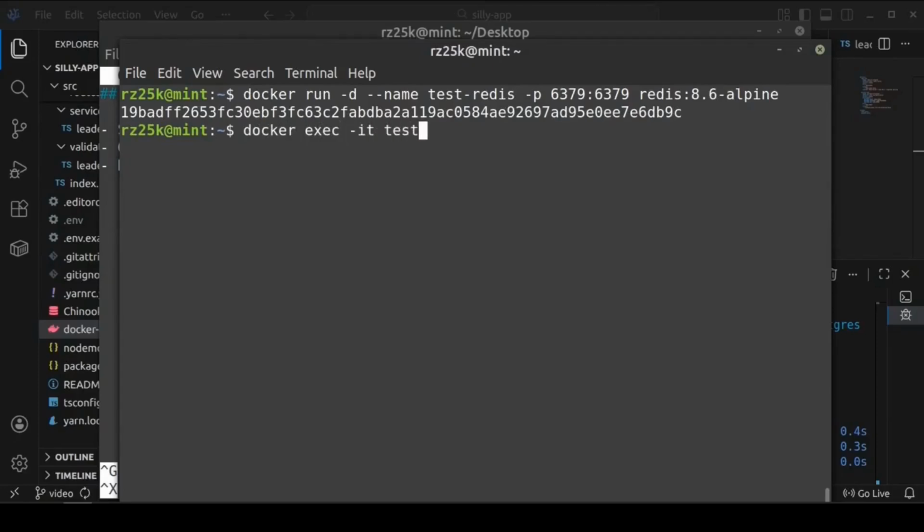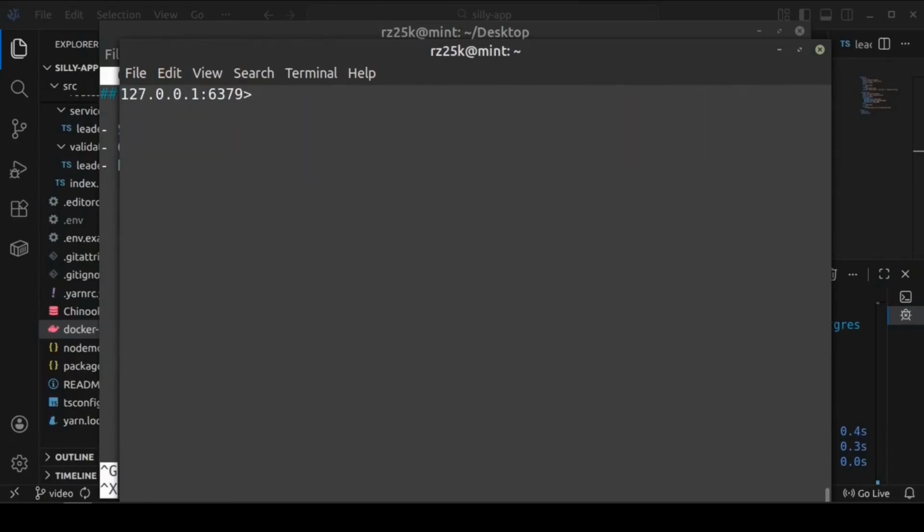So we'll run Redis CLI on this one, and now we are inside our container. So let's see some of these commands in action, right? So we can go ahead and try to set name as Johnny, and it returns OK. Similarly, we could set something else, for example, food as sugar,